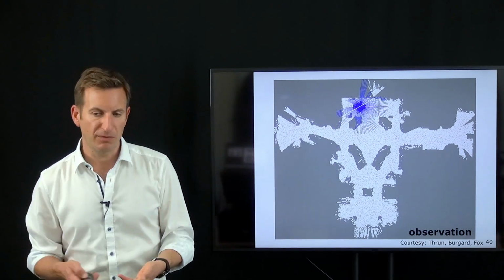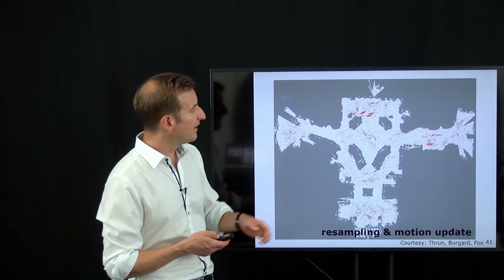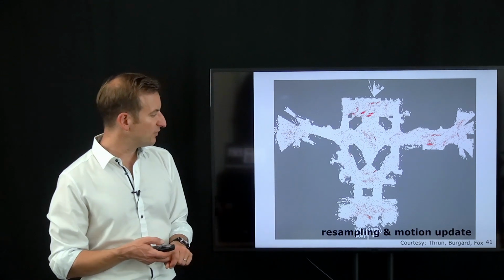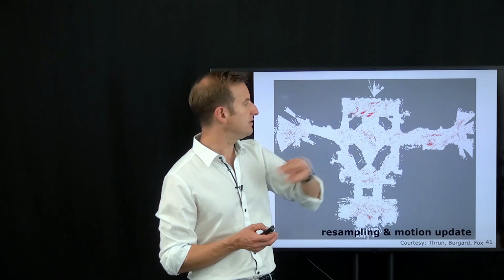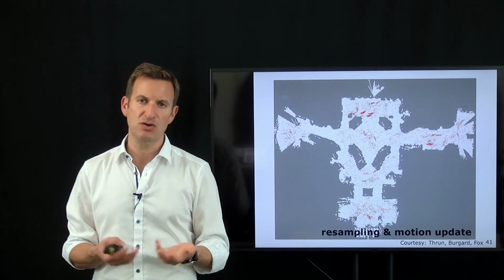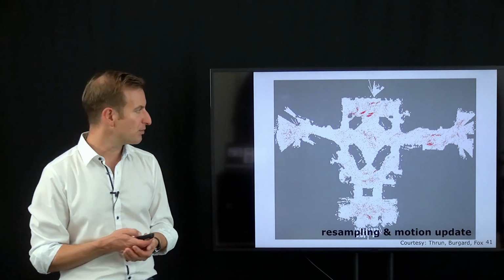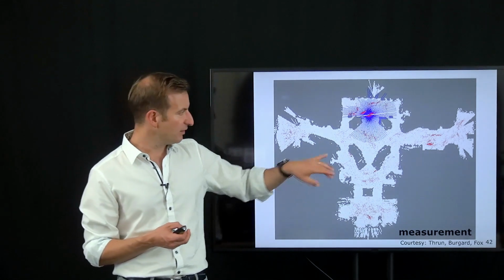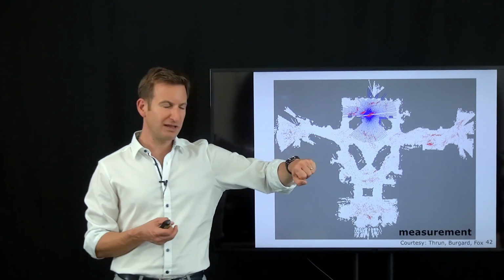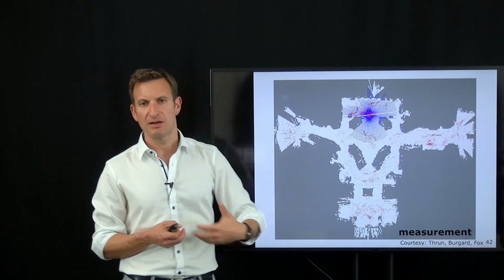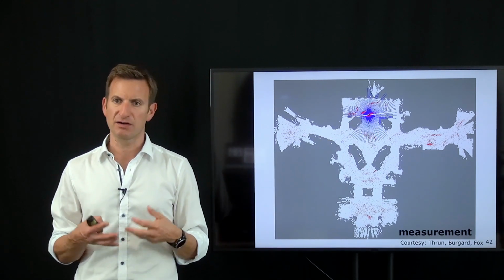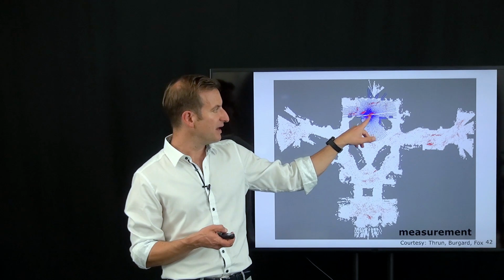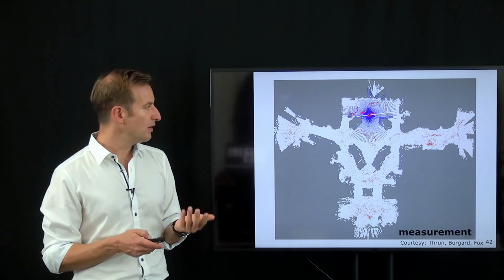We integrate, from a resampling step, a motion command, and then in the next step, the particle set looks like this. We have a few positions where the system could be. We can see denser particle clouds also down here, two areas which share some similarities and could also explain the observation better than other areas. Then we can again put in our observation. What is probably a bit hard to see in the video, but you will see better in the slides, is that some of the samples are dark red and others bright red. The darker the color, the higher the weight of that sample. We can already see that probability mass has converged really well to the right location.